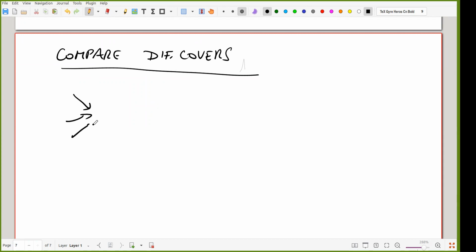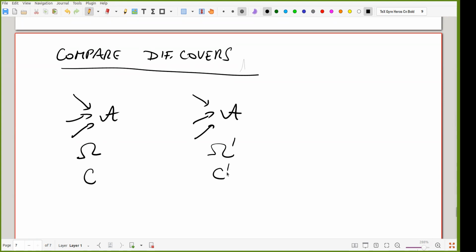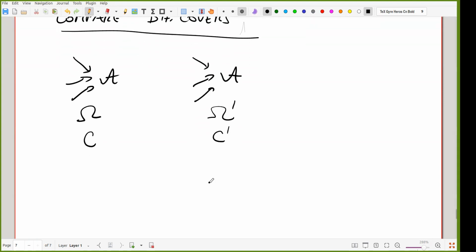So you have one cover of A, and you have another cover of A. This is given by one comonad omega, this is given by another omega prime, or a coring, it can be coring C, or C prime. Now, they have different bases. Here is U, here is some U prime. It's not the same thing. So